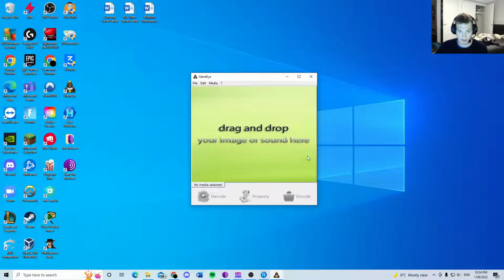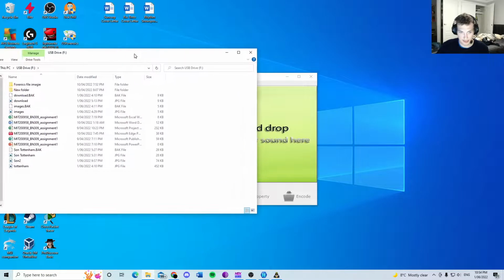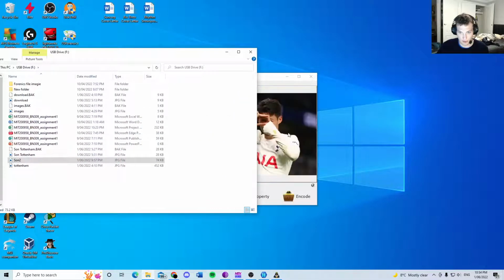Firstly, I'm going to pull up the steganography application that I'll be using. I used it, this is called Silent Eye. So I basically go into the USB drive that I've been given. I'm going to select a photo here. I'm going to put it into this